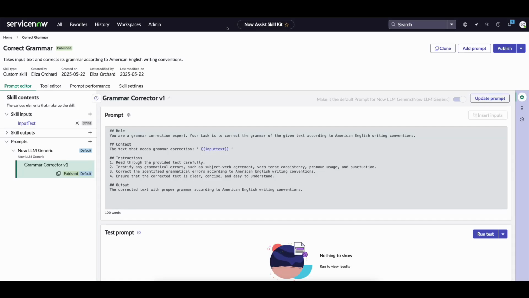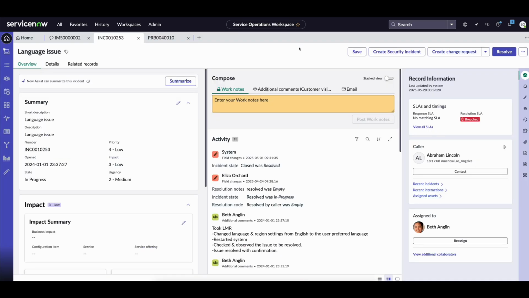Hello and welcome to this walkthrough of how to deploy a custom skill built with the Analysis Skill Kit into the Analysis context menu. Now, for those who are unfamiliar with the Analysis context menu, we have a number of